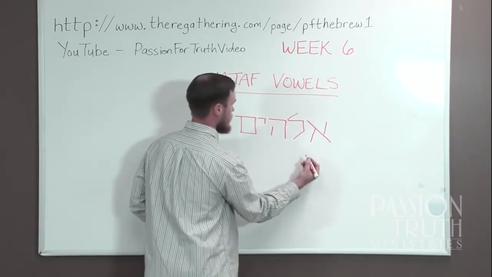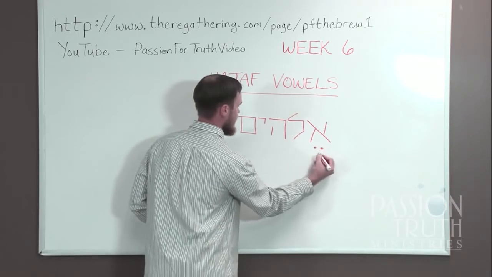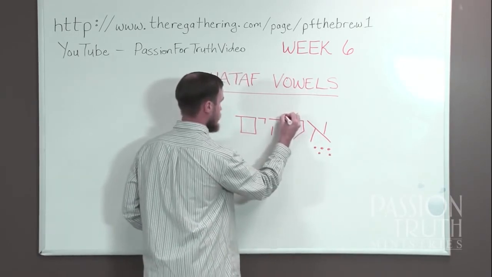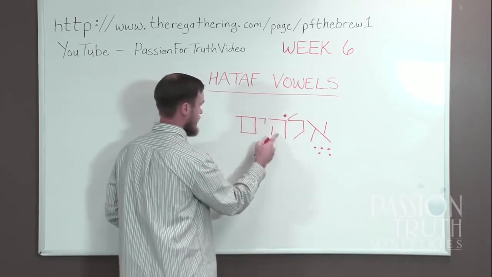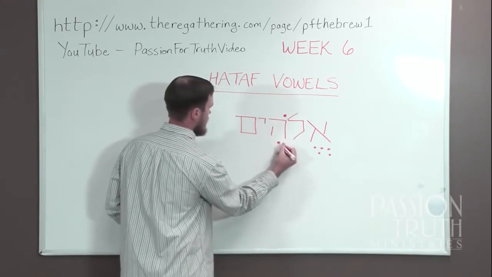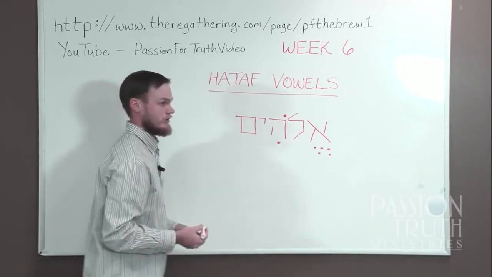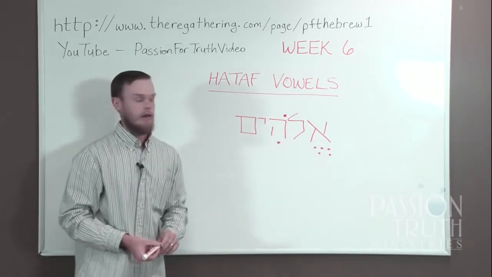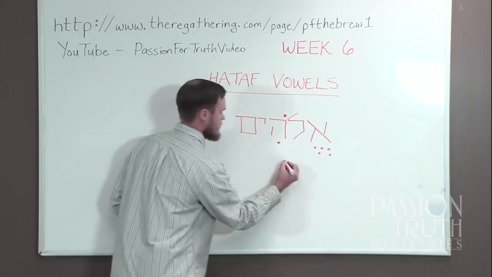The first vowel in Elohim is, in fact, a chataf segel. And a cholam between the lamed and the hey, and a cherik followed by a yod for the last syllable. Okay, so Elohim. And Elohim, of course, means